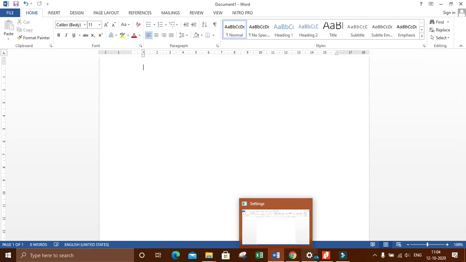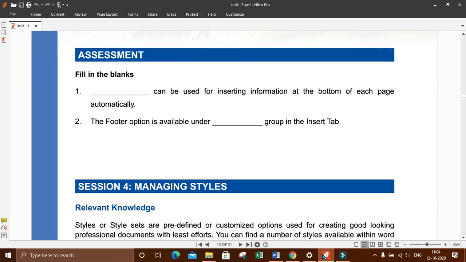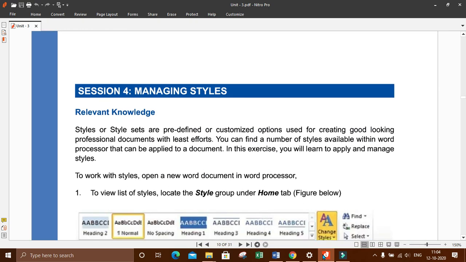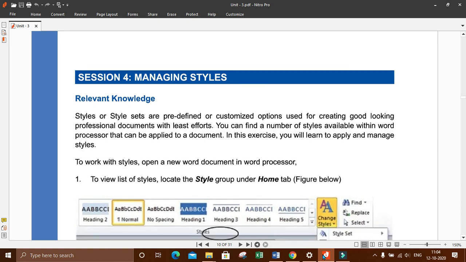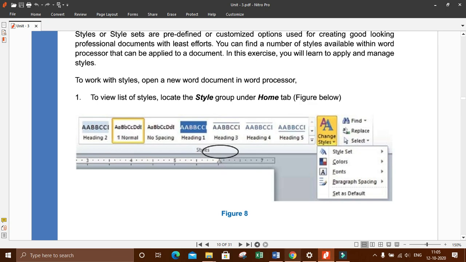Now next, managing styles. Styles or style sets are predefined or customized options used for creating a good looking, professional document with less effort. You can find a number of styles available within word processors that can be applied to a document. So here, how to apply styles.